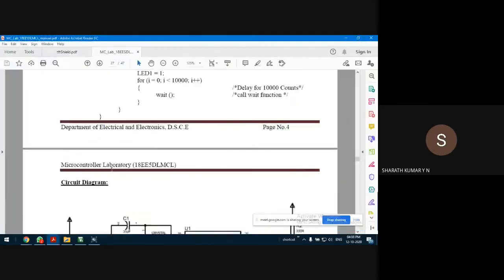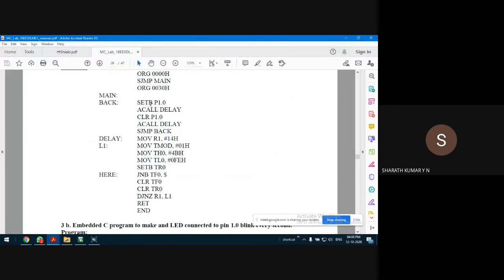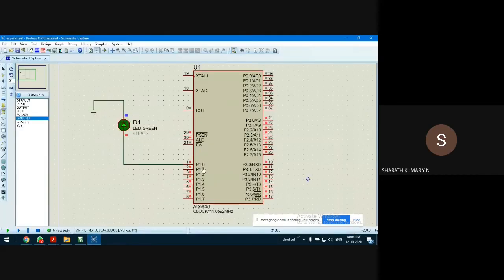Okay, I'll open the program. The program says, see, initially setb P1.0, which sets P1.0 to 1. Guys, why do we do this? Why not clear? In the theory we have understood that all the IO pins have to be configured before they are used as an input or an output pin. In our case, I'm using P1.0 as, is it an input pin or an output pin?